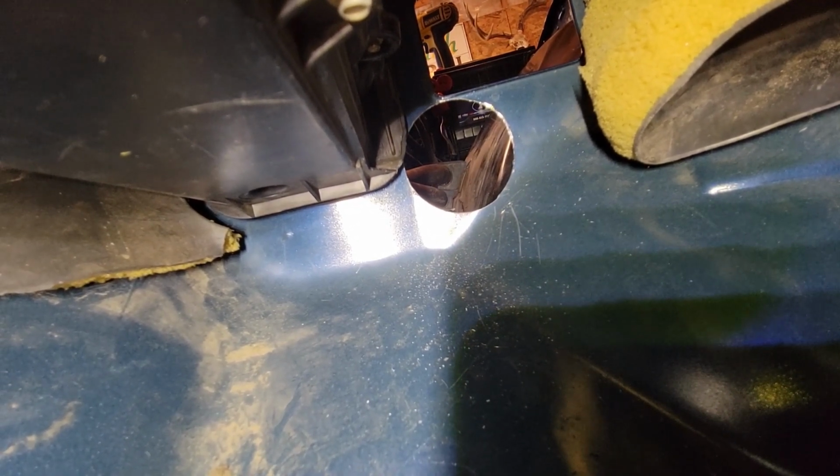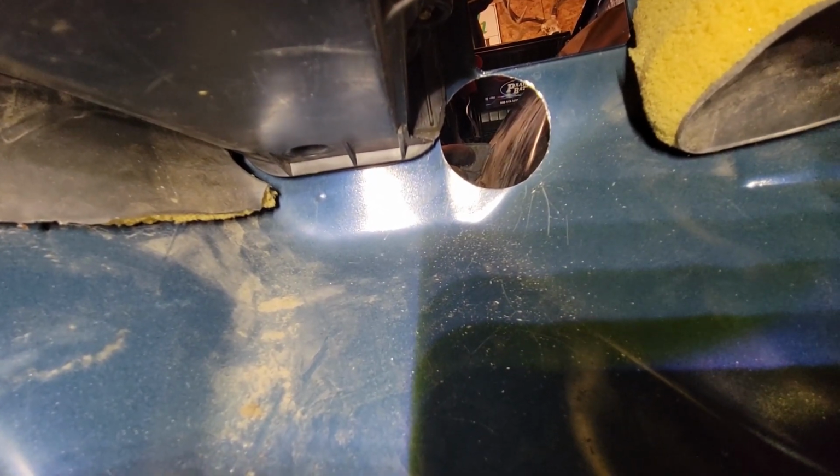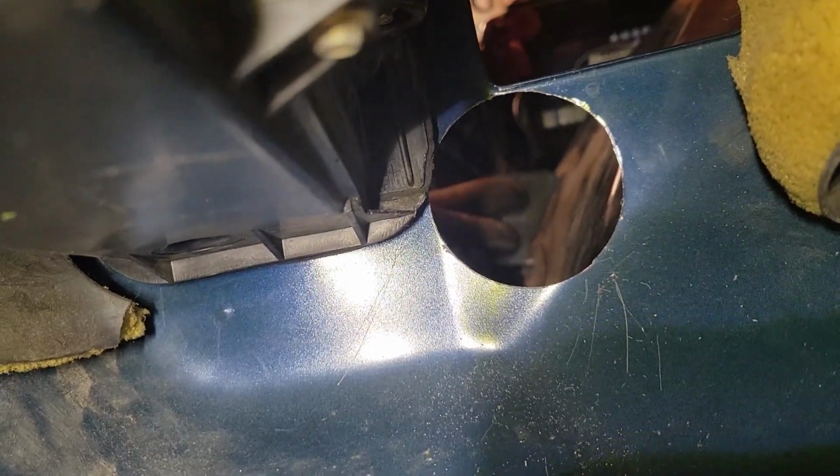It looks on the one side like there's metal flipped over, but that's just scratched up because I tried drilling it from the inside first. But I couldn't. And then you can see there's the plug that I was talking about. But it's the foam inside of it. I trimmed it away, so I'll be able to fit the grommet in nice. And then this piece here,